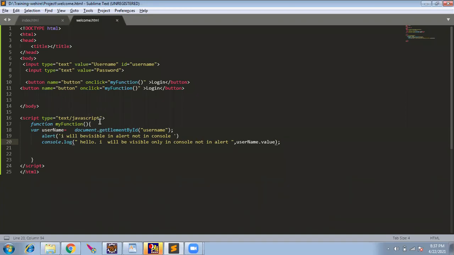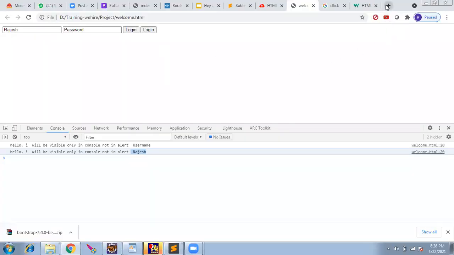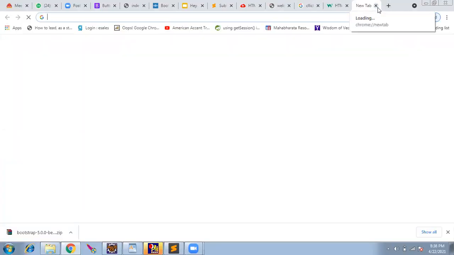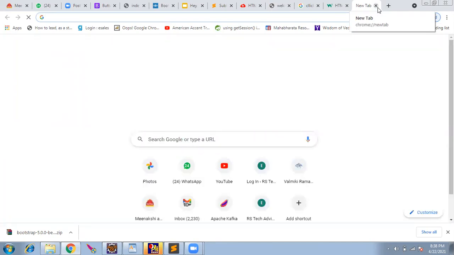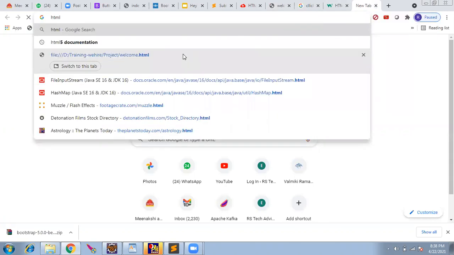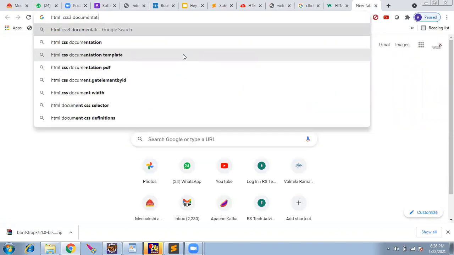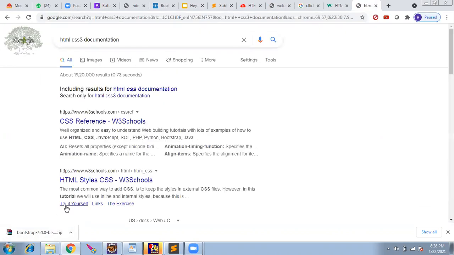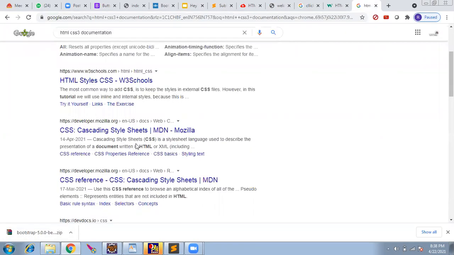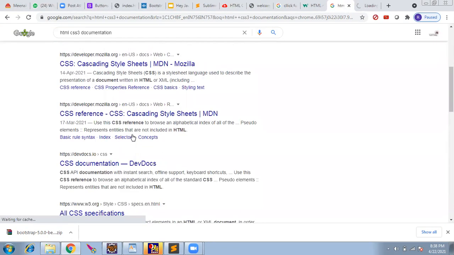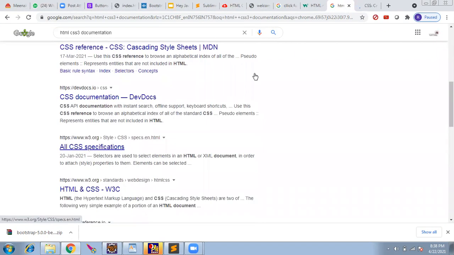Okay, now we'll add something to style this. It's boring to see plain HTML. The reason I'm opening Google is that I am educating you how to search something and go to the documentation. So HTML CSS3 documentation. Instead of W3Schools, we'll go to Mozilla, CSS3 specifications.